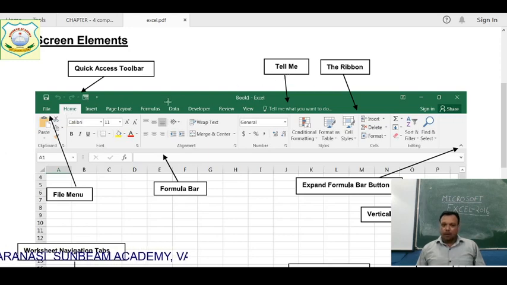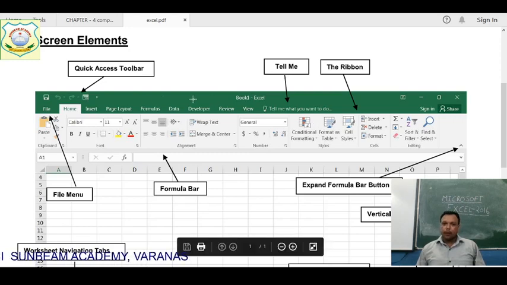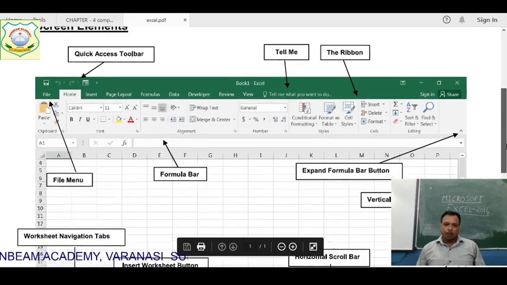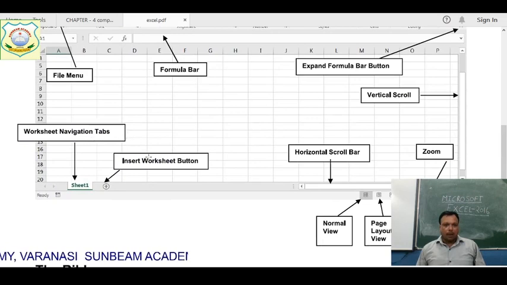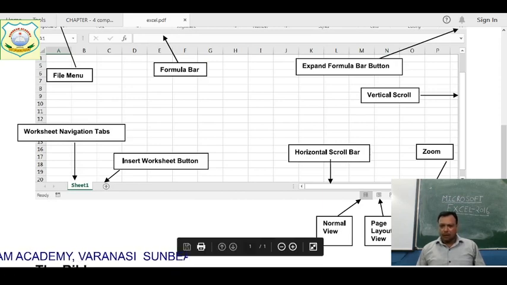These are all the elements of this window: quick access toolbar, tell me, ribbon, file menu, formula bar, expand formula bar button, vertical scroll bar, worksheet navigation tabs, insert worksheet button, horizontal scroll bar, zoom, and more other things here.